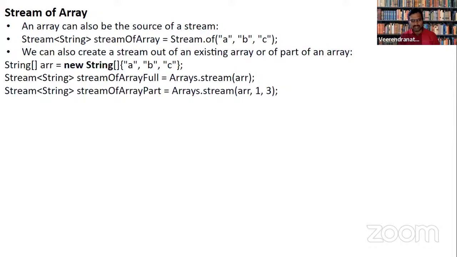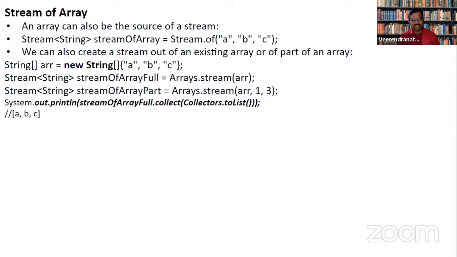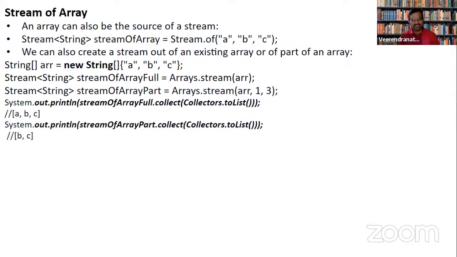What I'm trying to say here is that when you say stream of the full array, that object is the full array, which will get you A, B, and C. And when you look at the part, it is going to give you only B and C. Why?